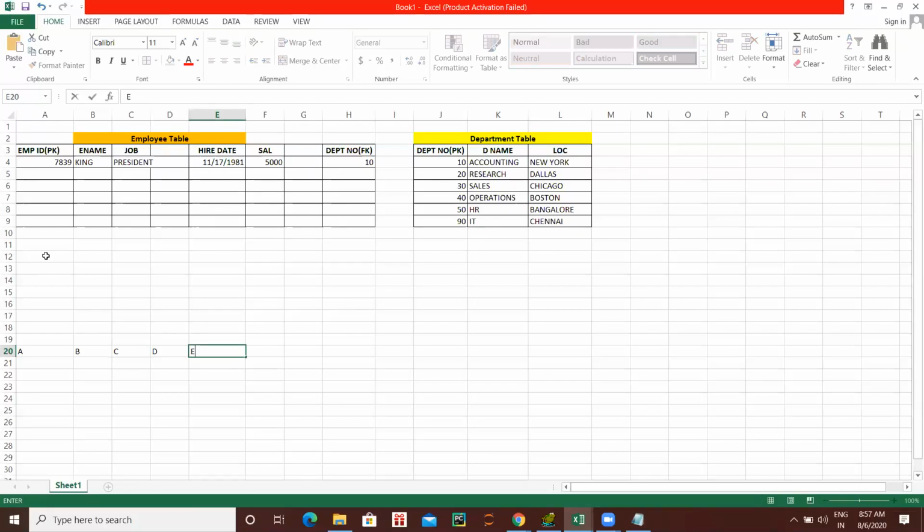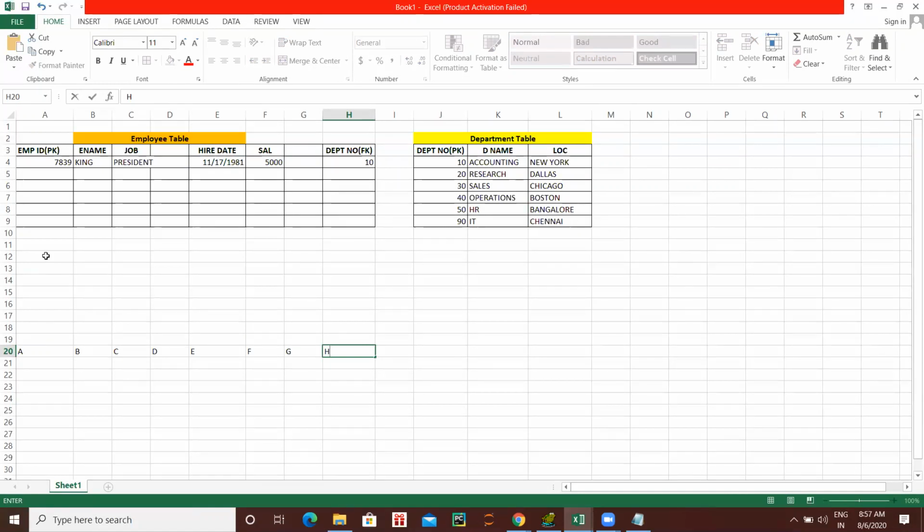D, E, F, G, H. So these are, let's say, table names. So let's say I have A, B, C, D, E, F, G, H: 8 tables are there. So you are writing some join because some columns are in A table, some columns are in B table, some columns are in G table, some columns are in H table. So we are taking a few columns from different tables.